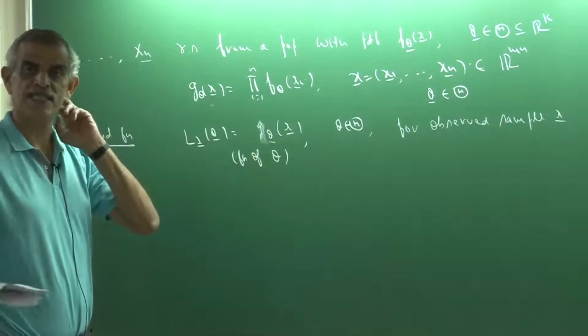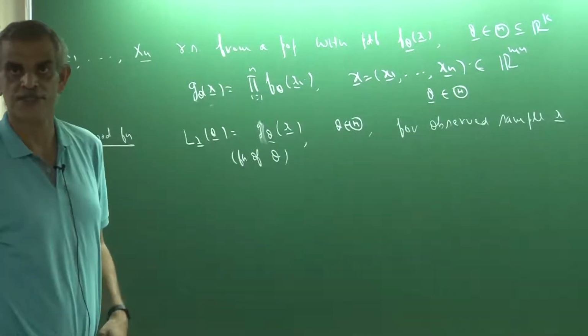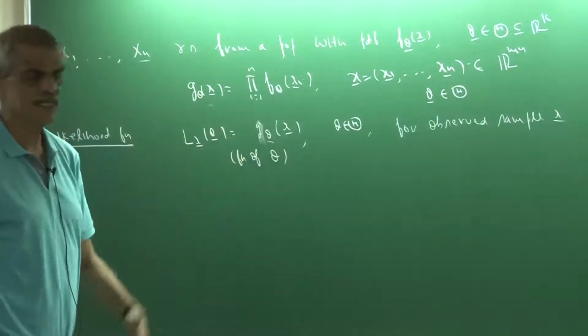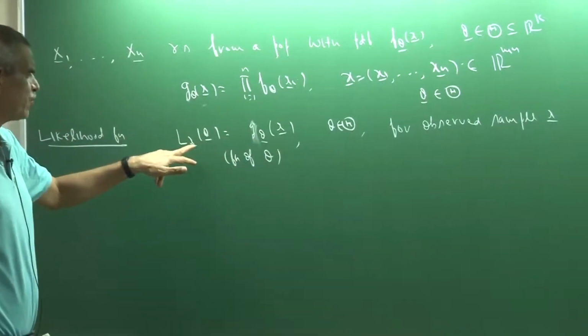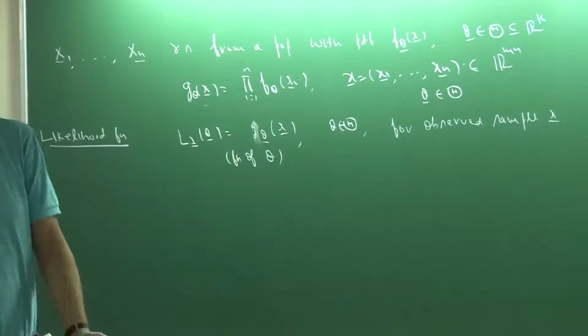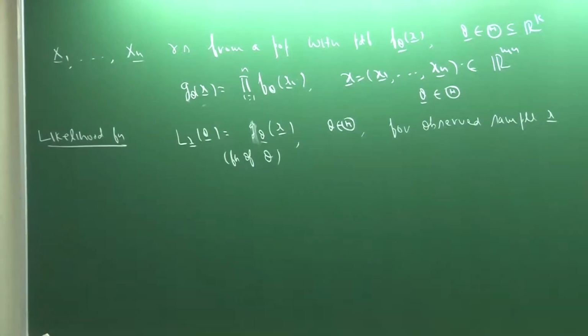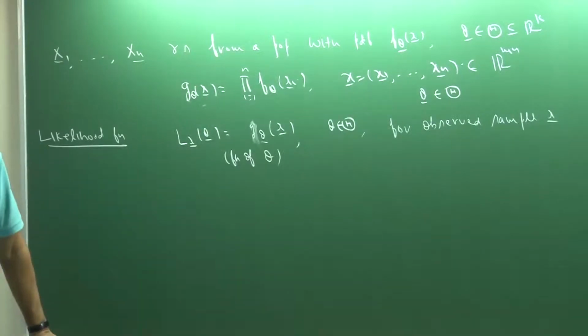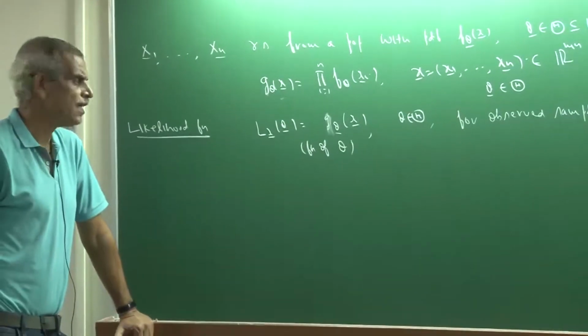So that means this data is most likely to come from that population. So maximizing g theta x with respect to theta, or Lx theta with respect to theta, makes sense, and we say any such theta which maximizes Lx theta for a fixed x is called a maximum likelihood estimate of theta